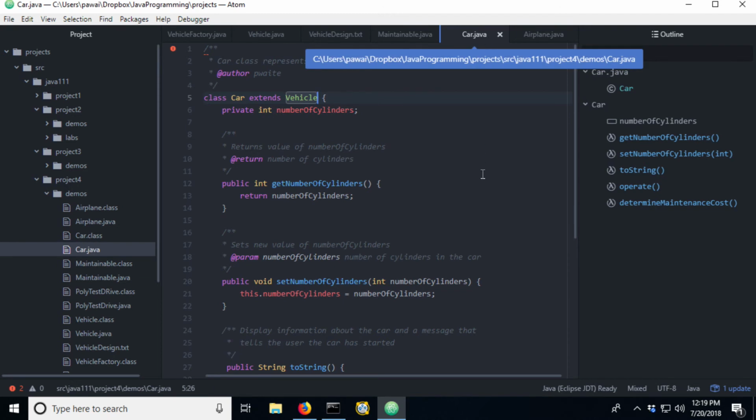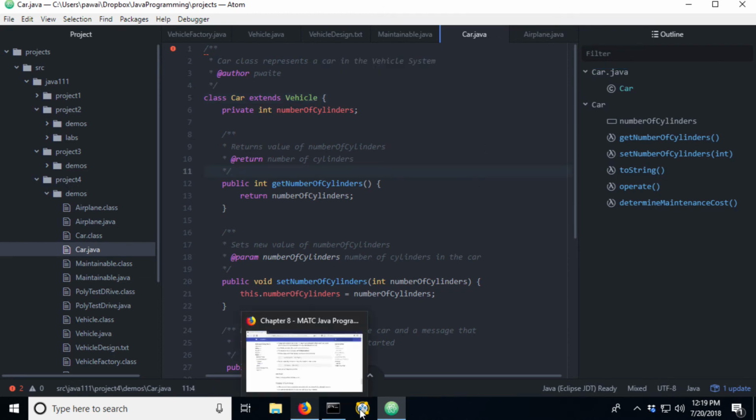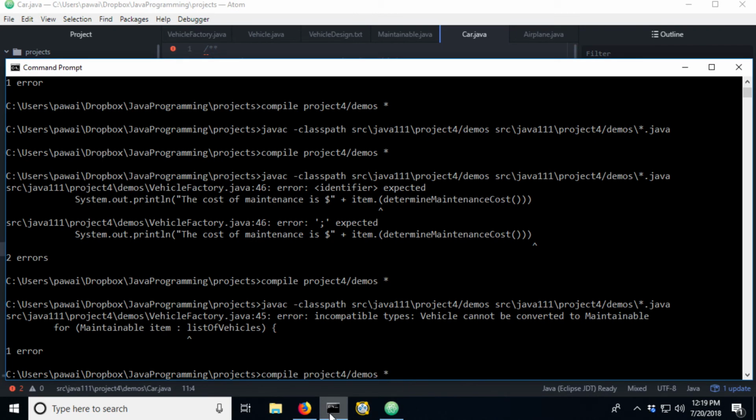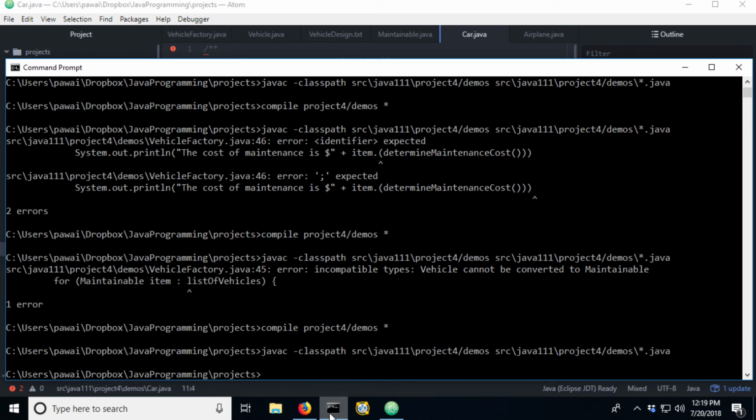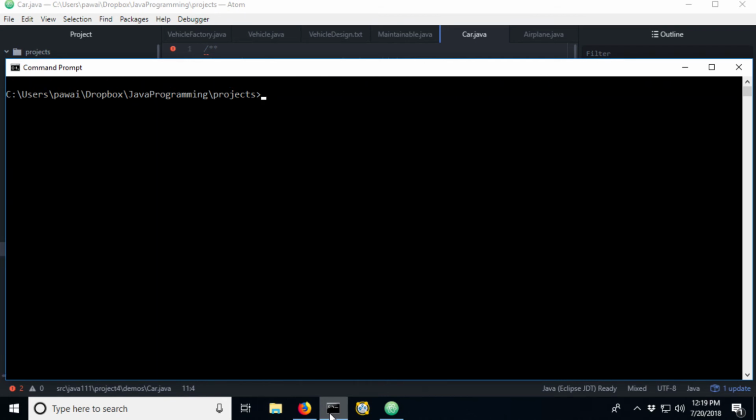So let's save both of these guys and recompile. All right, so compile messages have gone away. Let's clear the screen. And then let's give that factory a run.